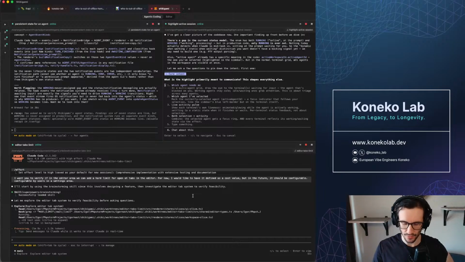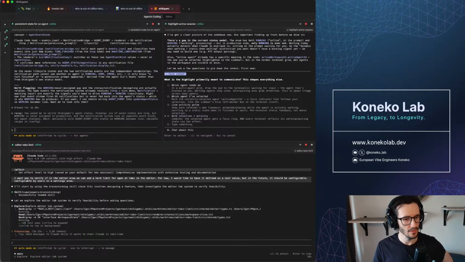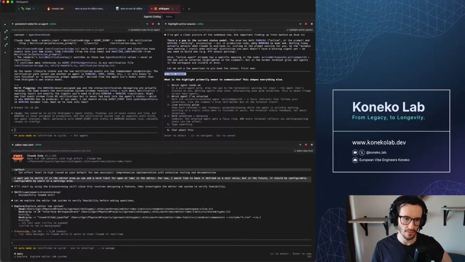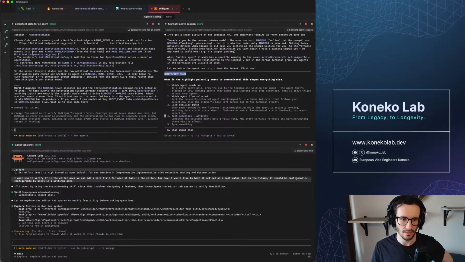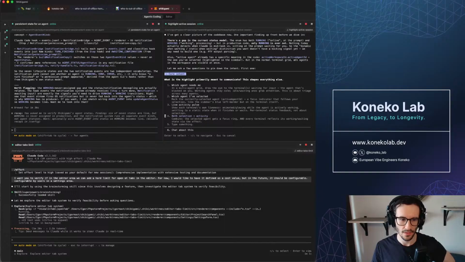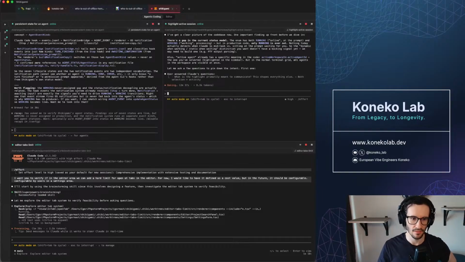And I believe it should be selection and activity. Yeah, we can start with that one, and if it's gonna be too annoying, either we make it configurable or we just drop that idea.